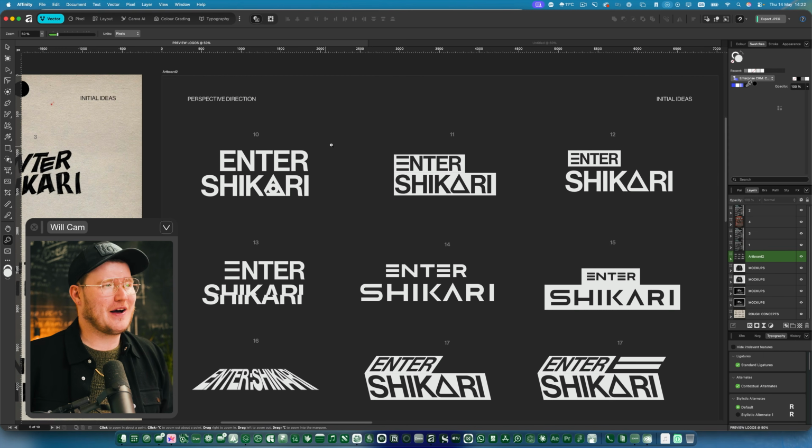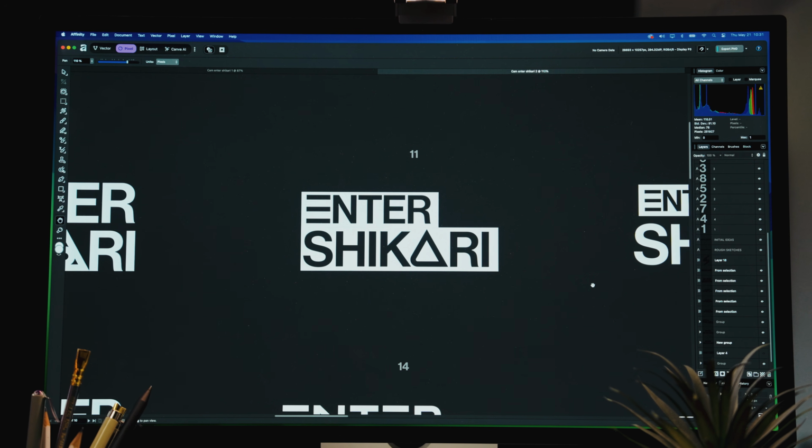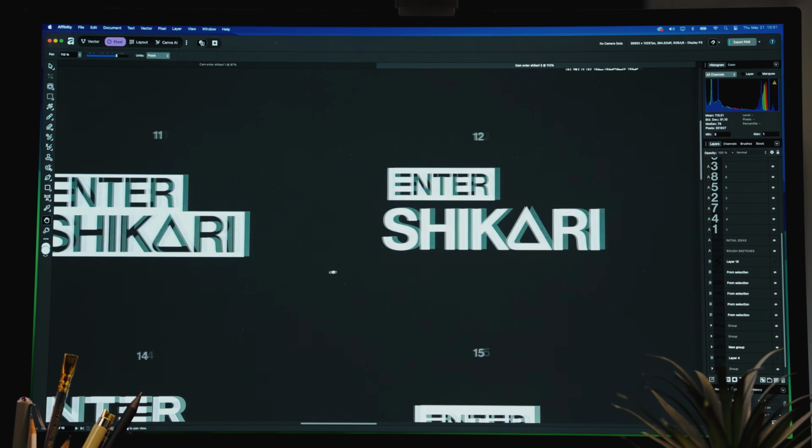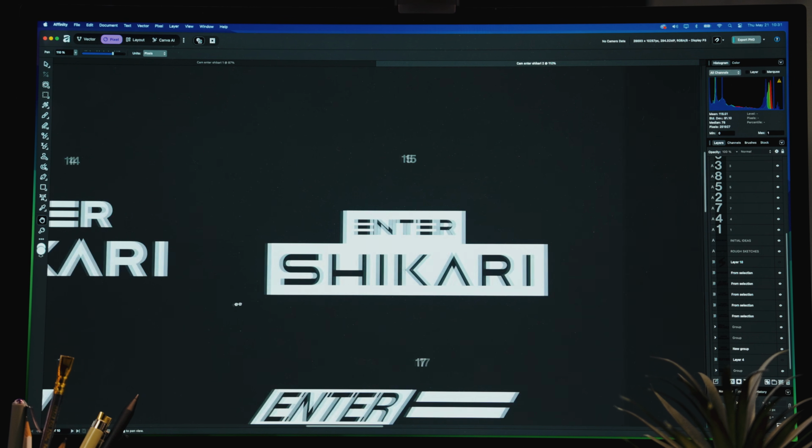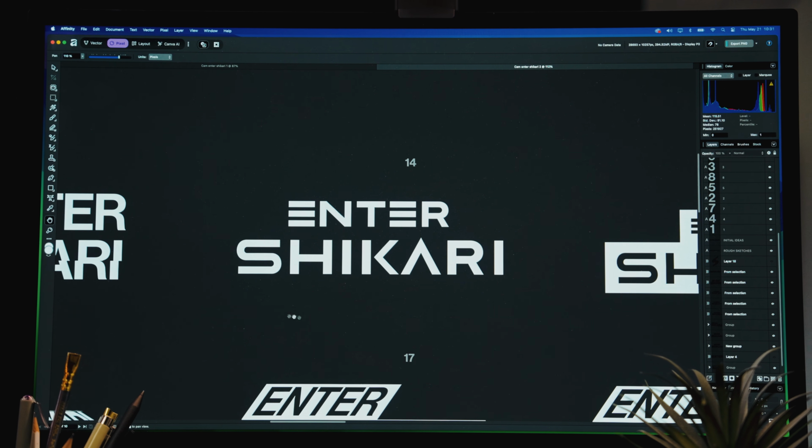Now Shikari is a very strange word. It's not one that you would normally read. It's very unique, so it needs to be kind of legible, but because this is a band logo, like a music group logo, you can break the rules quite a lot. So here is just a bunch of me breaking the rules. At around this point, number 12, 11, I realized the E was just going to look good if it was correctly done with these 3 bars, because it was legible, interesting, minimal, and felt futuristic as well. But it was about the composition. How are we going to fix the A, the R? It looks a bit strange with the K.